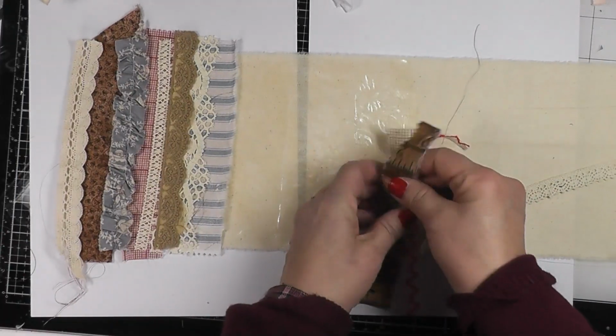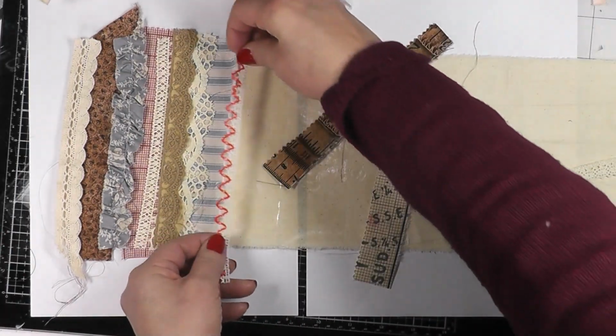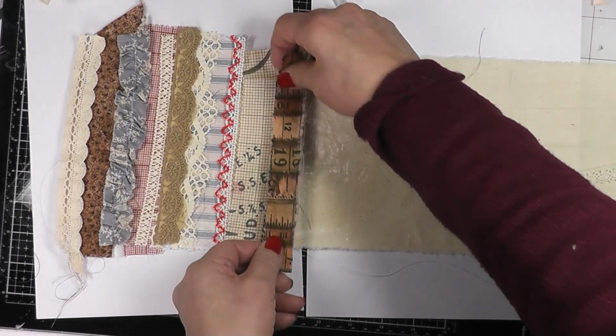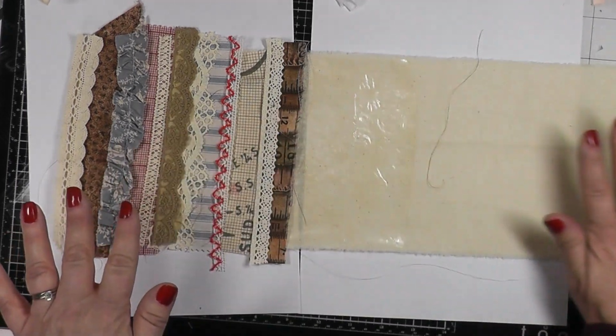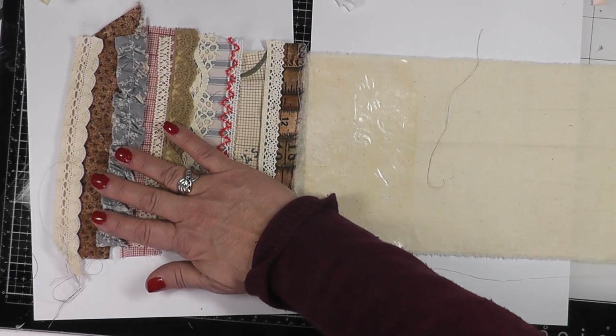Okay, and then let's see, here's a little lace with red on it. I'm going to do that. Okay, and so on. You guys get the picture, and use what you have. Use whatever scraps. And I'm going to put that on top like that. And then just keep going down the whole sheet. Then you're going to take this over to your ironing board